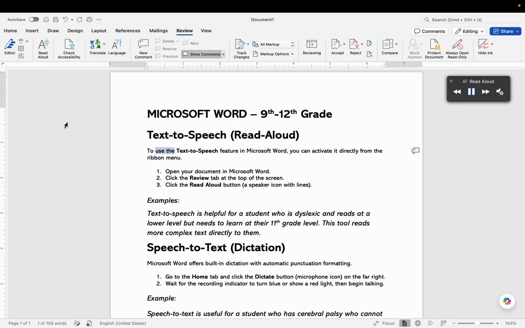Read aloud. To use the text to speech feature in Microsoft Word, you can activate it directly from the ribbon